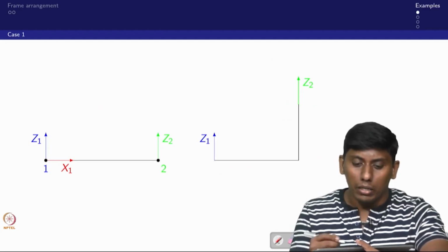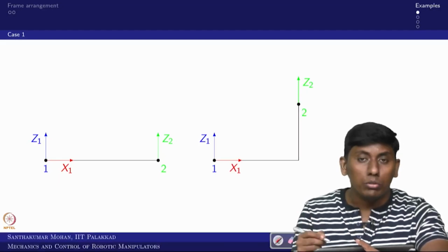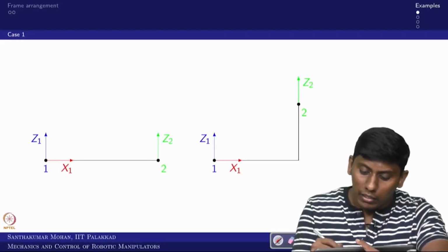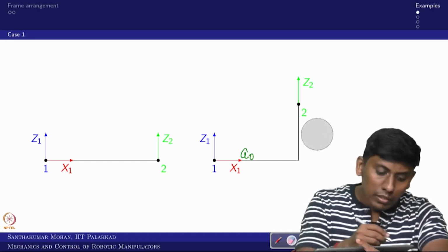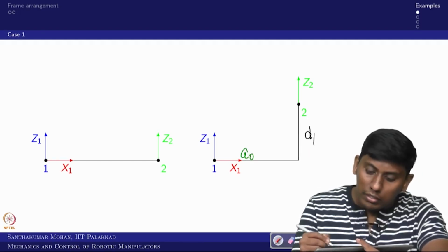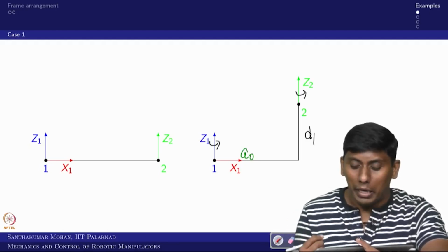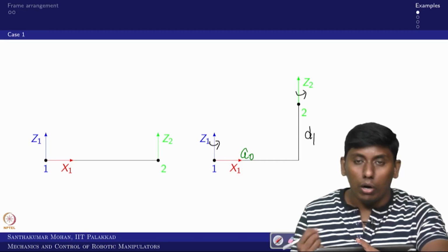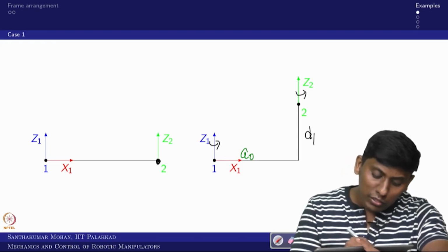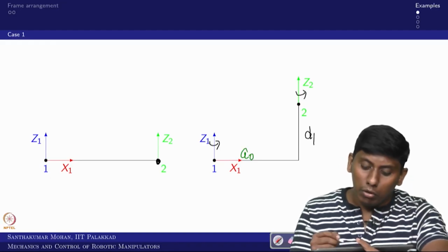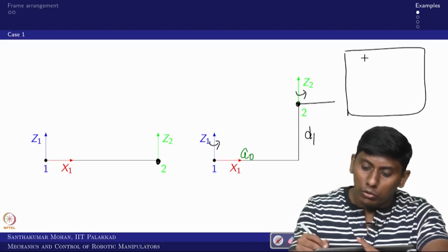You can make a common normal, and now you can see that this is the x1 direction, and this is frame 1, and this is frame 2, and now you can write it. So this is a0, and this is d1. We assume that this is a rotation. Now if I write d1 or this, it is slightly different. Why? Because we are always seeing this with respect to the previous frame. So if I am writing this frame, if I am writing the 2,